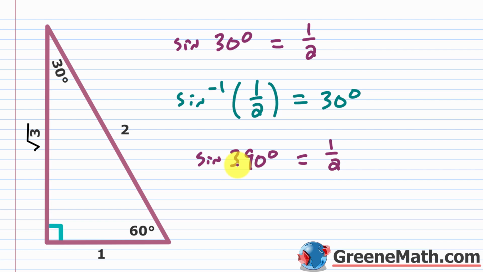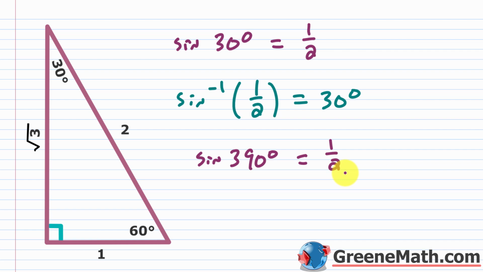We talked about this earlier in our pre-calculus course, where for a one-to-one function to exist, you have to have for each x value a given y value, and for each y value a given x value. So for each x, there's one y, and for each y, there's one x. Well, that's not going to be true with your sine function. So what happens is you have to restrict the domain in order to make it a one-to-one function, and that